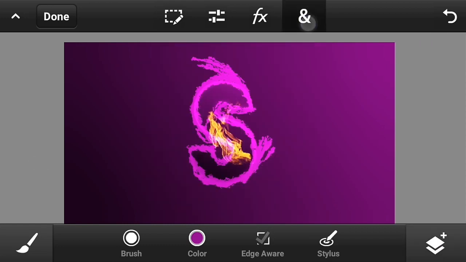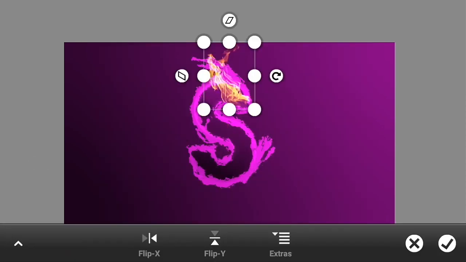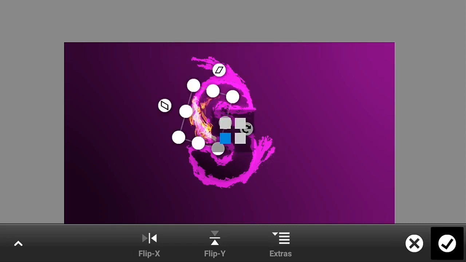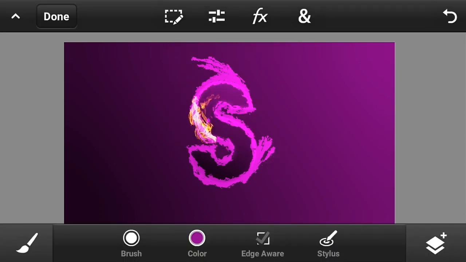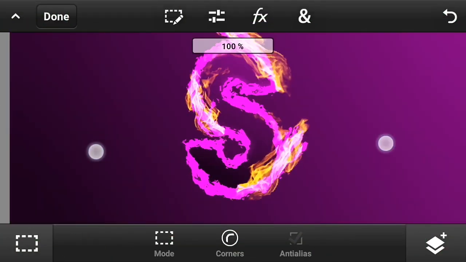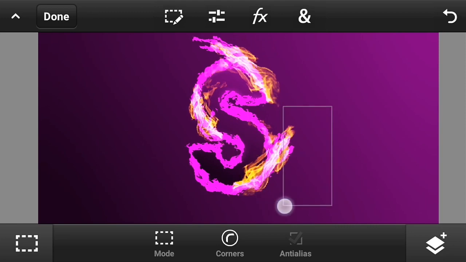Just put some random flames in like that, and I will be back. As you can see, guys, I just put some random flames in here, and you make your own style.